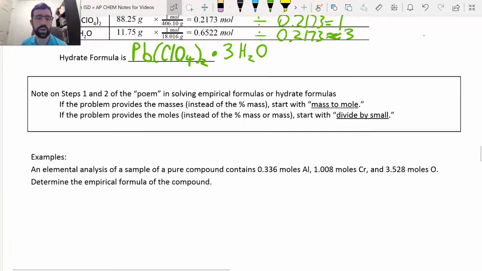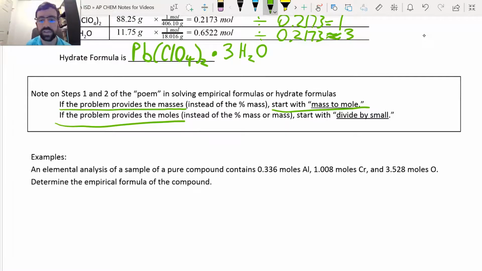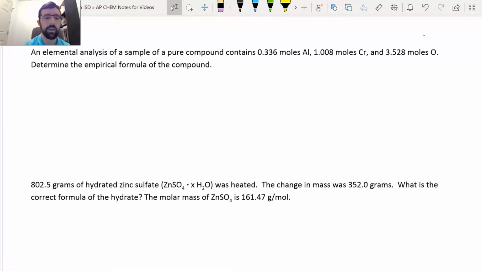Okay, note that steps 1 and 2 of the poem in solving the empirical formulas or hydrate formulas can be skipped if the problem provides the masses. So keep this in mind, if it provides the masses instead of percent to mass, just start with mass to mole. If it provides the moles instead of the percent, mass, or the mass, we're just going to start with divide by the smallest. You start wherever you're at. So here's an example of that. In an elemental analysis of a sample of a pure compound, we have 0.336 moles of Al, 1.008 moles of Cr, and